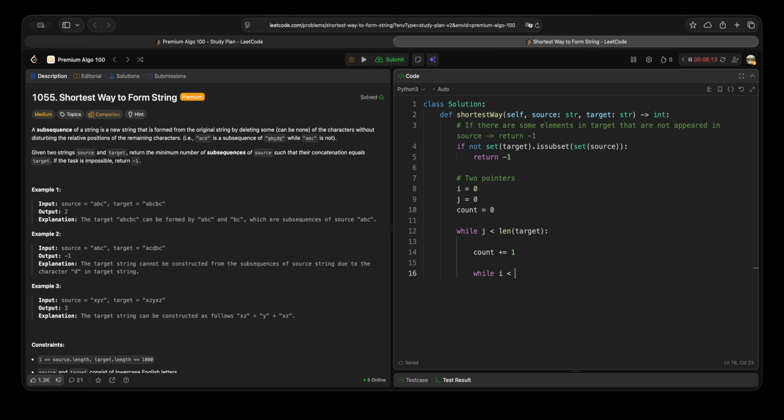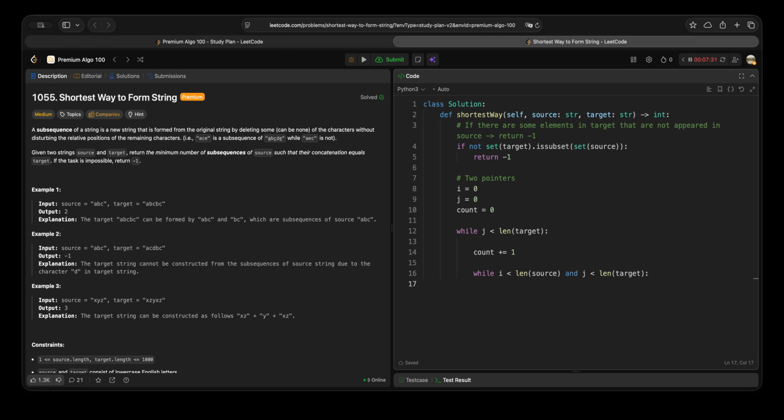So I minus length of the source, right? And j is less than length of the target. Since we really don't want any errors or out of bounds issues, that's why we also have it at the end. But the real core is I less than length of source. So if they still satisfy the condition, we don't want to use another source again. Okay, so